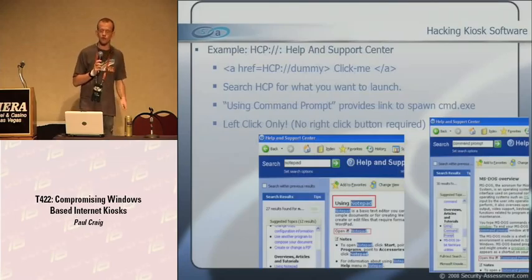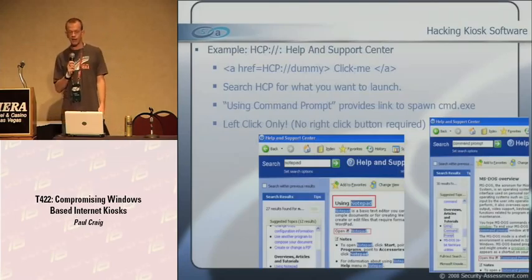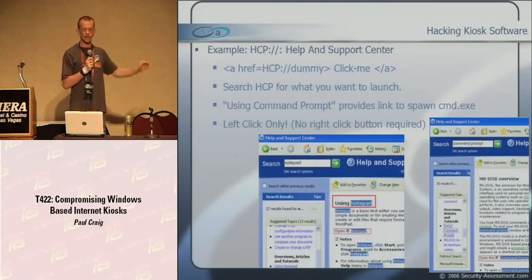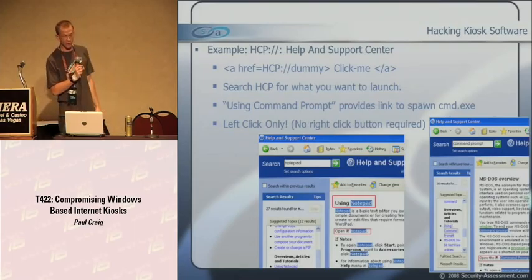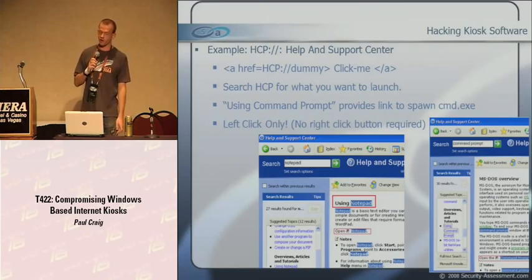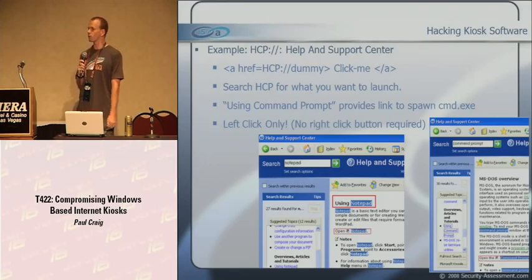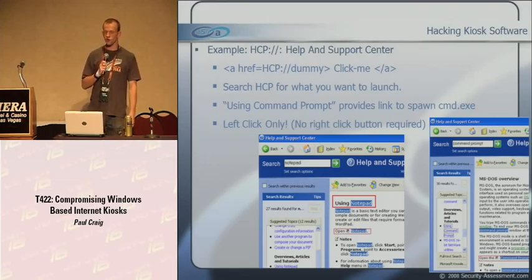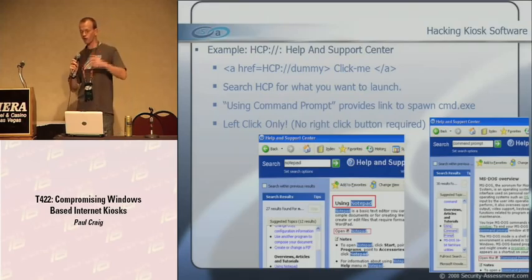Okay, here's an example using the HCP, the Help and Support Center in Windows. If you click the link, the ahref http://dummy link, you can get Help and Support Center to pop up. And basically, you can use the Help and Support Center to then invoke a command prompt. How you use it is you search for "using" and then the app you want to launch. So if you search for "using command prompt", it'll pop up this page on how to use the command prompt,